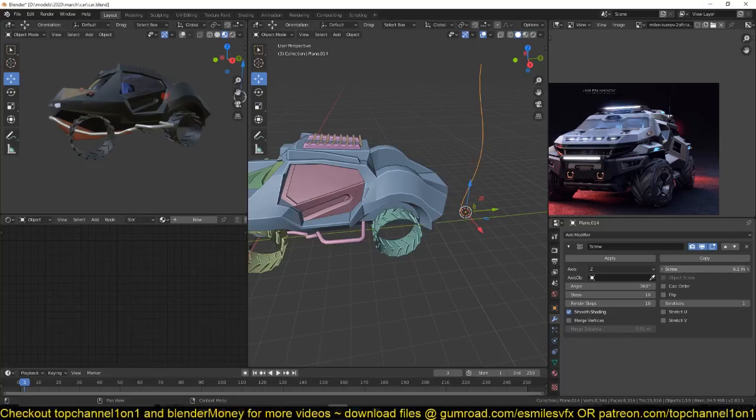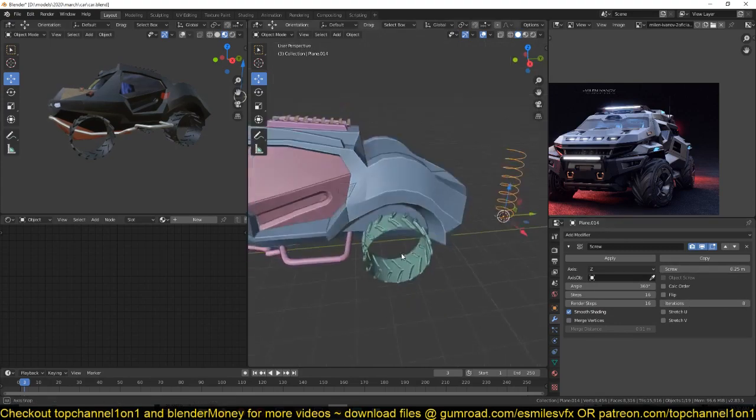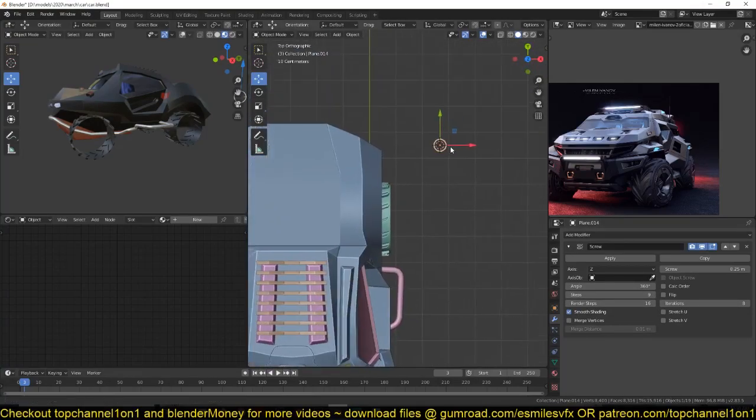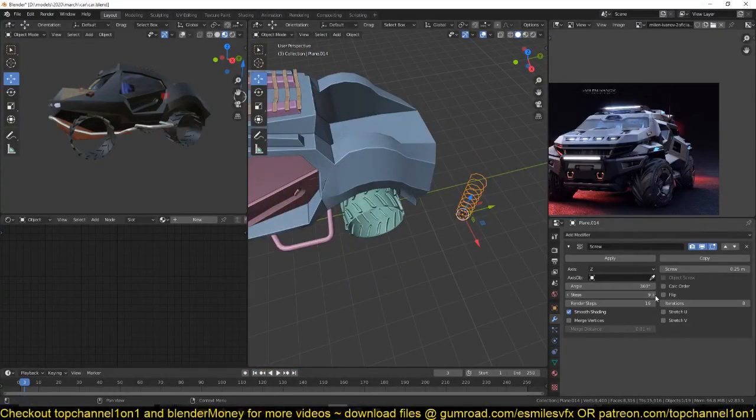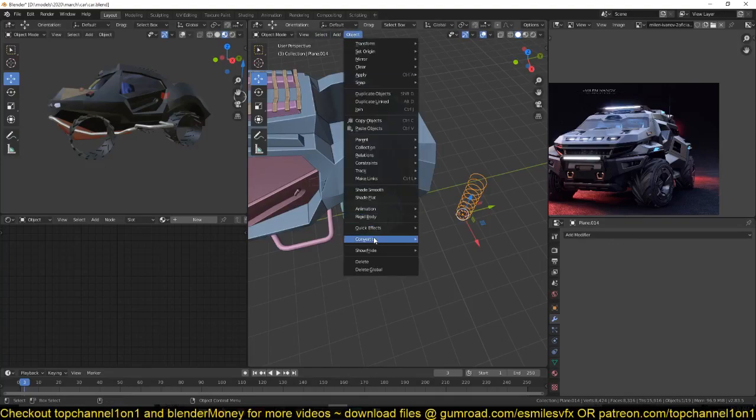Then screw this, increase the iterations, and push this. Just reduce the steps a bit, have something like that. That is not too high resolution. Then I can apply the screw